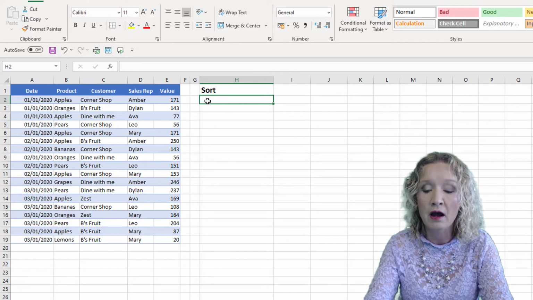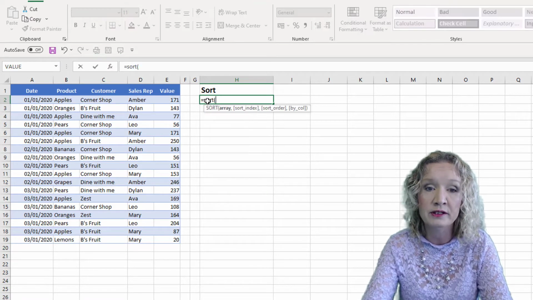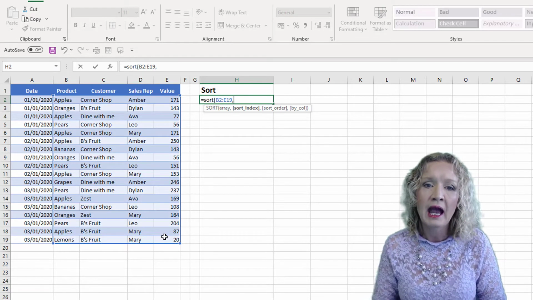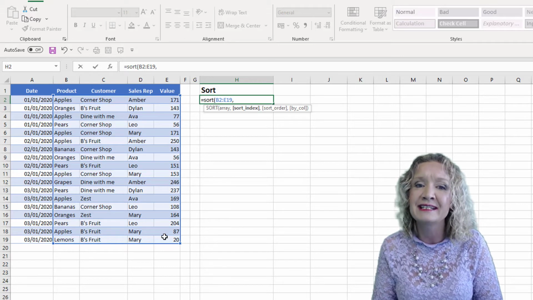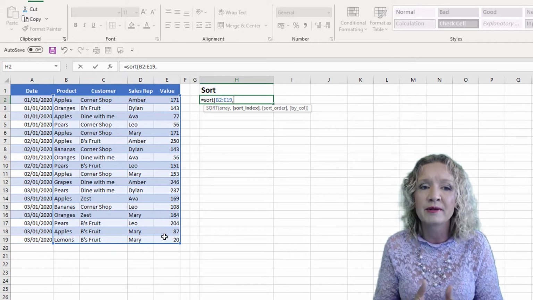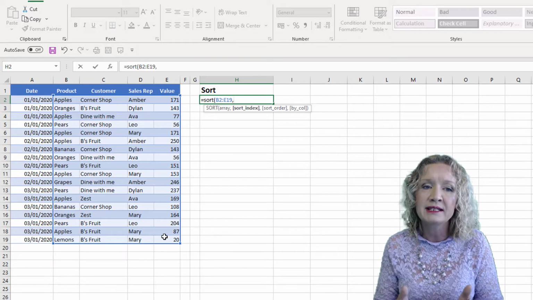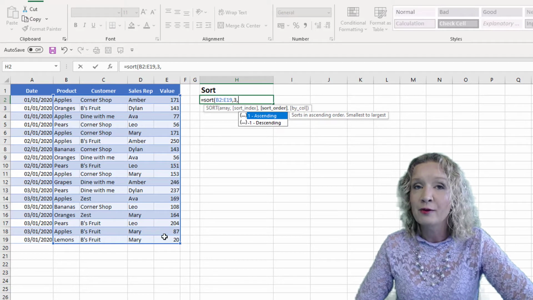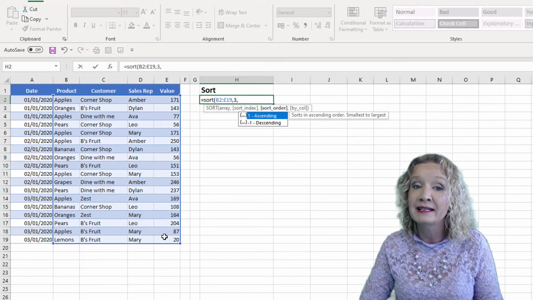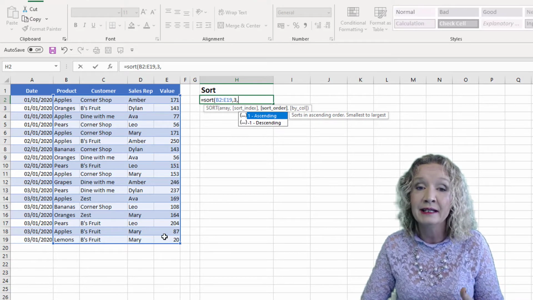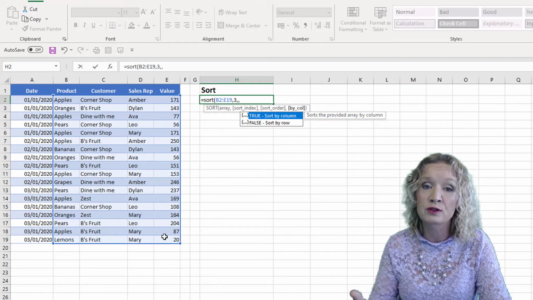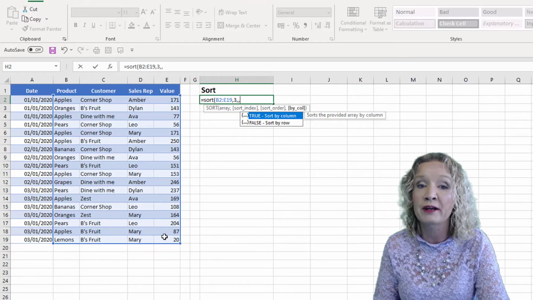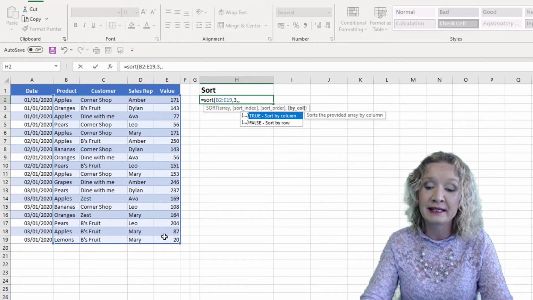Now sort can work on multiple columns. So let's say sort, and we want to take in all of these columns here. And now we want to select a sort index. So for example, what column is it we want to sort by? Well, let's say we want to sort by the third column. We then also have an option of sorting by ascending, which is optional, or descending. So we will skip that, which will sort it by ascending. Then we need to select whether we want to sort by column or by row. Again, by row is the default.